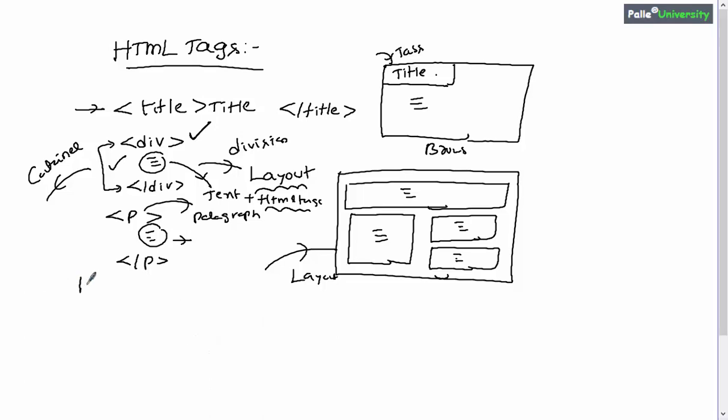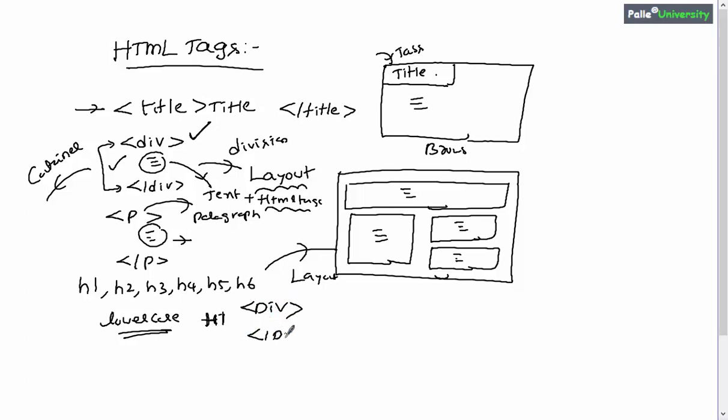Apart from this, we have the heading tags which range from H1 to H6, something like H1, H2, H3, H4, H5 and then H6, right? Remember one important point: in general when you are writing HTML tags, it is recommended to use lowercase letters. Some people will write H1 using uppercase letters, and not only H1, other tags like div they will also write in uppercase. Remember, this is an incorrect approach. Your code may work, but it is not a standard approach. Try to use lowercase letters while writing HTML tags.